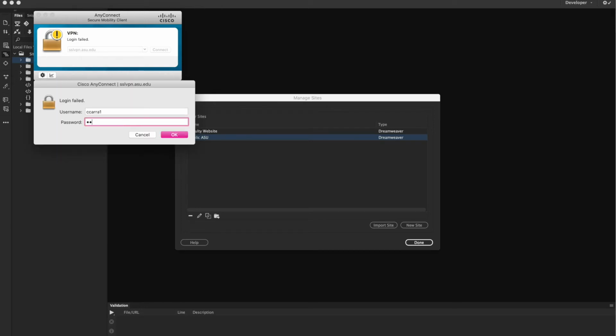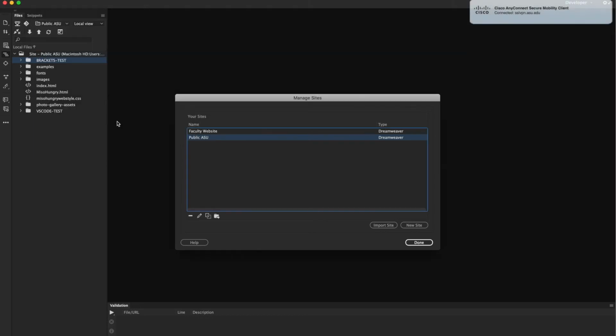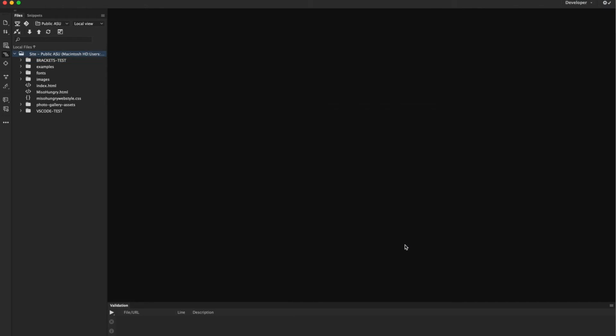And write your password correctly, maybe. And make sure that's established. It will not let you upload unless you've got that secure VPN on. Okay, we're going to hit done, and then we're going to go ahead and complete the third step, which is